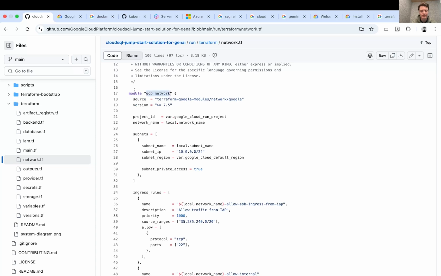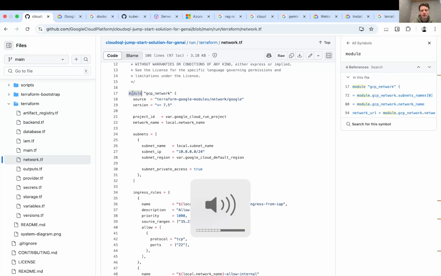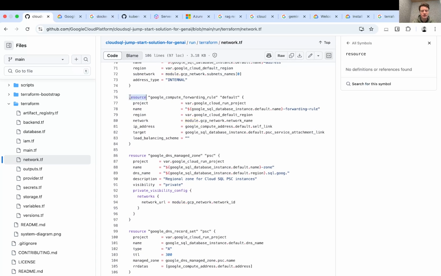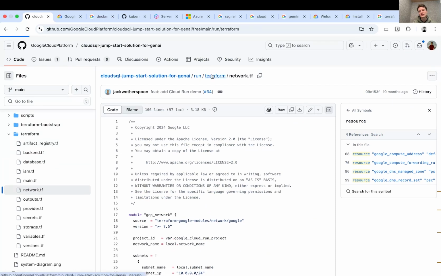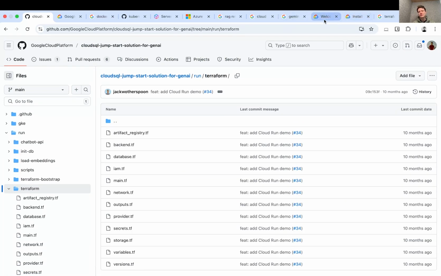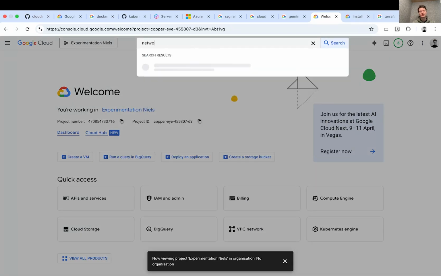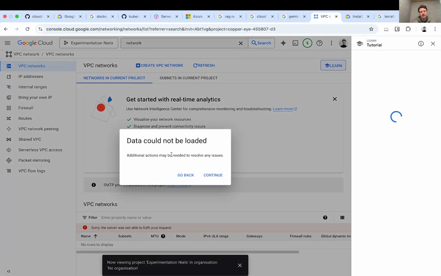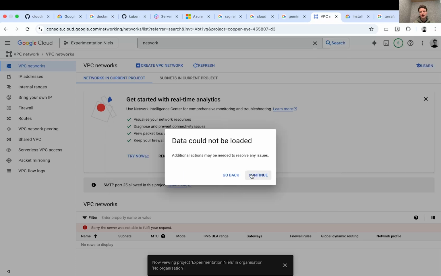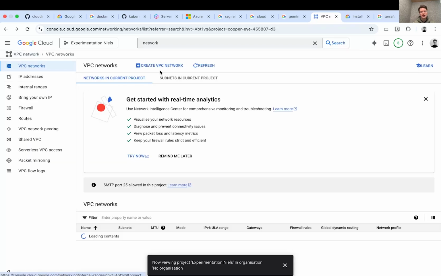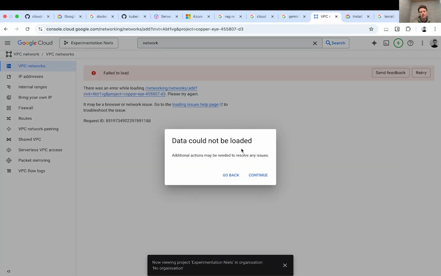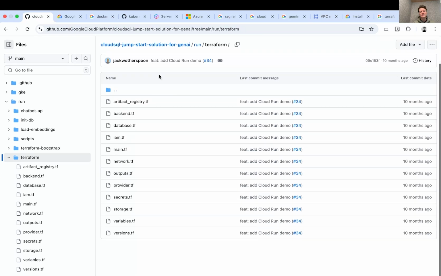Here, they have all kinds of modules, and then resources, which are the actual resources that you set up on the cloud project. The reason that Terraform is very easy is because otherwise you would have to go to the UI, go to network, and do everything via the UI. First we need to enable some APIs, and then you can click here on create network. For some reason I'm not able to load this, but everything could of course also be done just through the UI, but that's not really scalable, because if you want to set up, as you can see, lots of services,